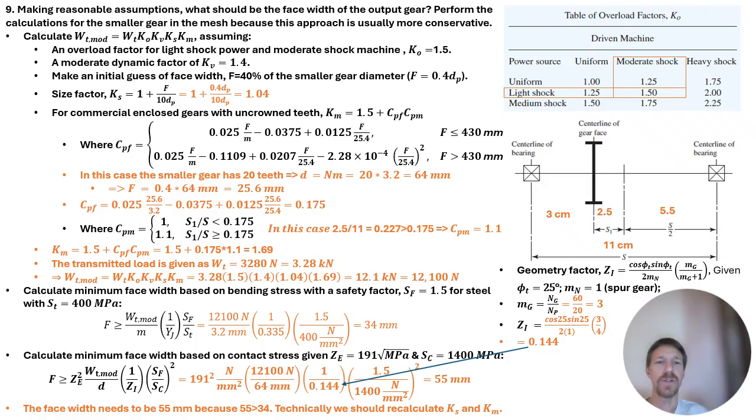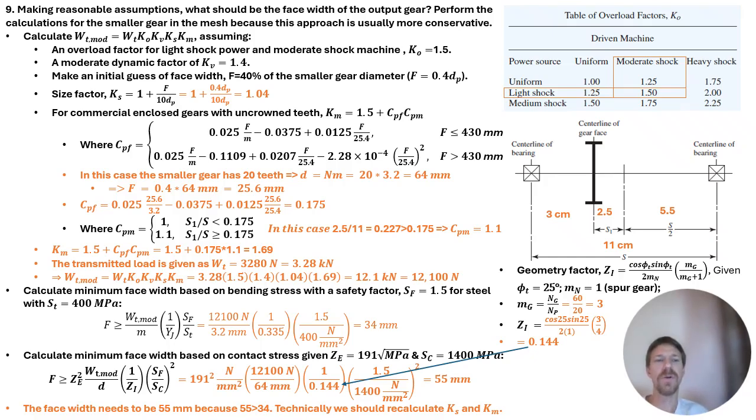And we're going to just assume an overload factor for light shock power and moderate shock, as you see in the upper right diagram, so a K sub 0 of 1.5. We're going to assume a moderate dynamic factor of 1.4. We're making an initial guess of the face width of those gear teeth of 40% of that smaller gear diameter, and so that's 0.4 d sub p. Plug that into the size factor equation, K sub s. K sub s equals 1 plus that face width over 10 d sub p, so the d sub p's cancel,